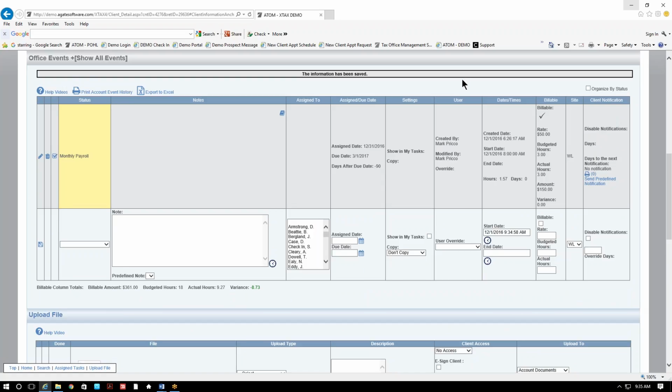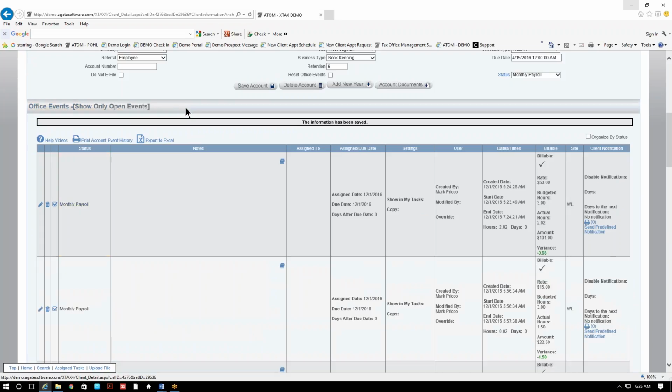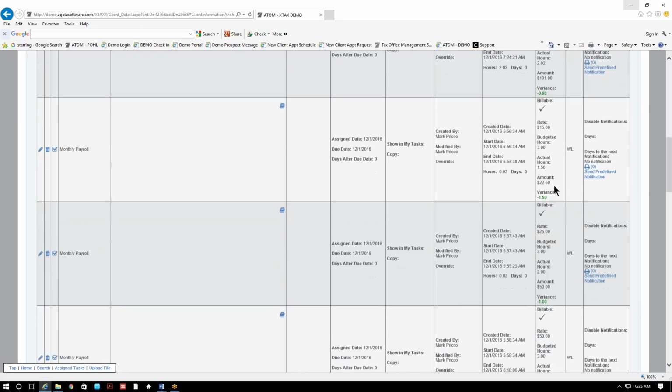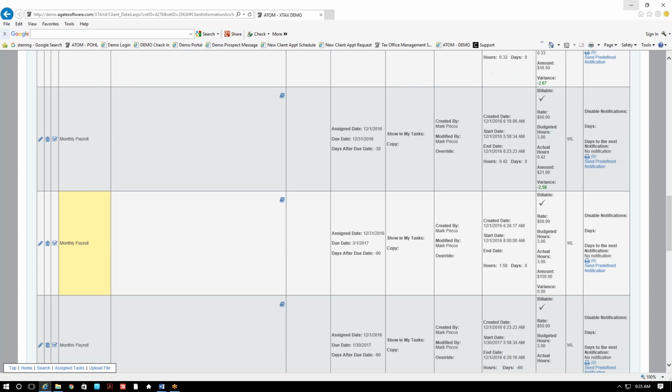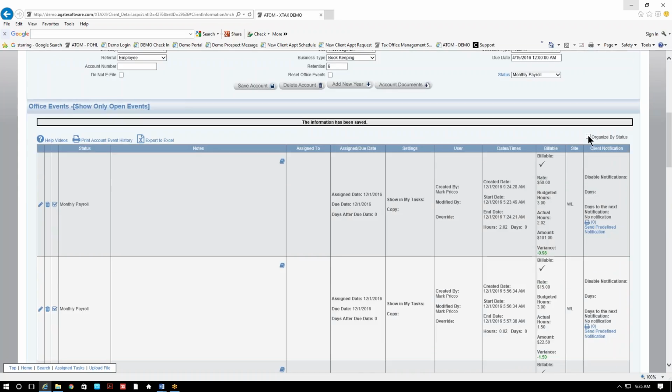Now if you want to go back and see all the monthly payrolls you've done in the past months for this client, if I expand, here I can go back and see different months, if I was over or under budget, what I billed them, who did the work. I can scroll down here, so I can check and see every month whether I'm over or under the budget. Then if I click on Organize by Status,